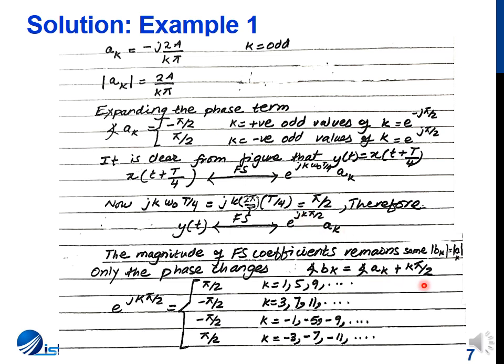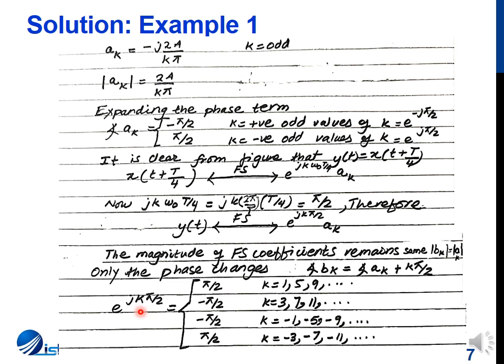When we add both these phases, we can observe 4 distinct cases. e^(jkπ/2) has a value of π/2 for positive values of k, that is, for k equal to 1, 5, 9, etc. Sorry, when k is 1, 5, 9, the phase will be π/2. Then